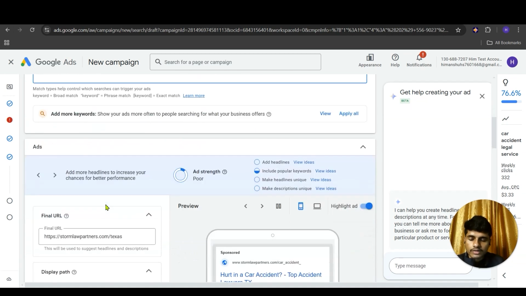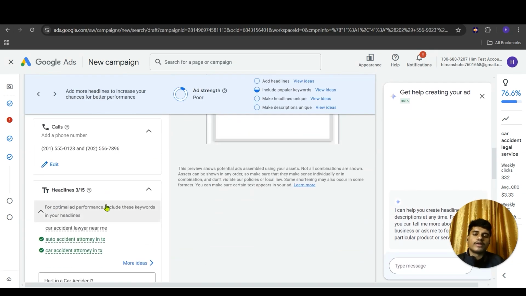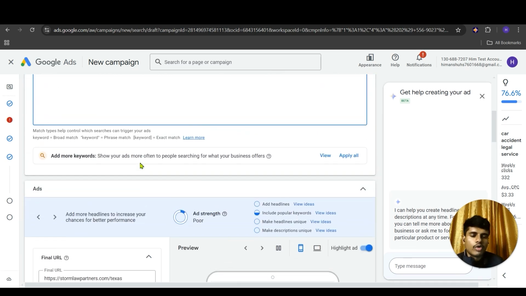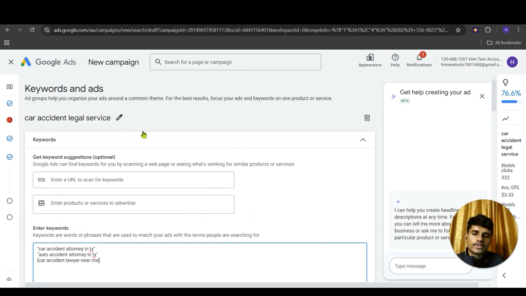keywords and making our ads convey only the kind of service that we are offering related to the car accident itself, right? Let's suppose that you also handle medical malpractice services. Okay, so what you can really do is create another ad group. I'll show you in the end how you can create another ad group